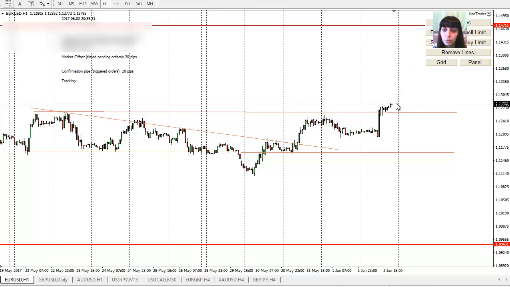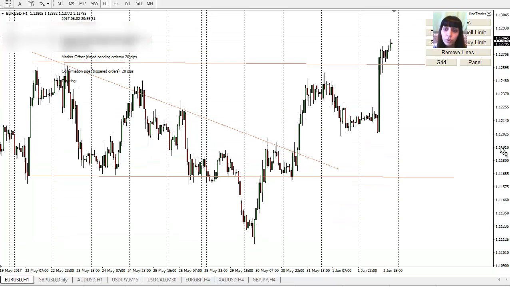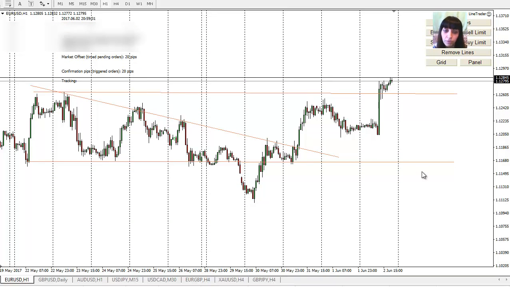So of course, many would probably expect it to continue and reach that level, plus minus a little bit lower, maybe a little bit higher, so around this area, right? So yes, possibly, if it would be in favor of the euro. Of course, if not, then we would see it turning around. We still have that gap open, and I really still hope it will turn around and try to close that gap.